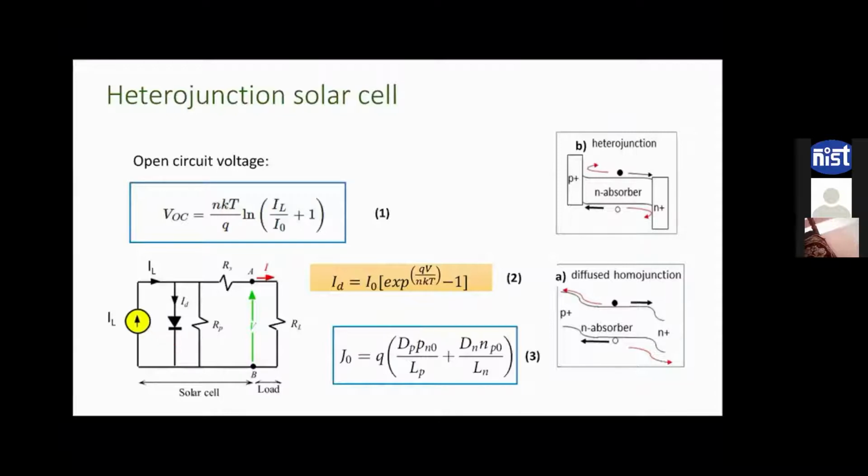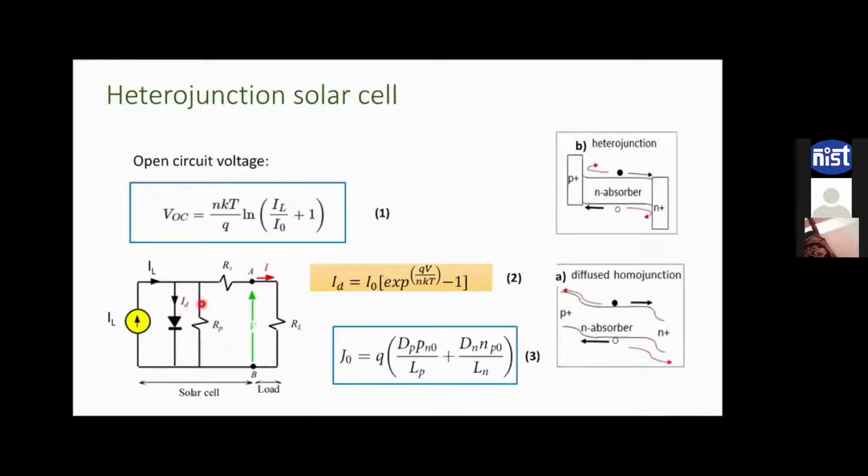Let us look at this equivalent circuit. This is the equivalent circuit of a solar cell. When light shines on the solar cell diode, IL shows you the light generated current. This is shunted by a diode, that is the solar cell diode. If you look closely, or you might know already, the output current of a solar cell that we get across the load actually flows in the opposite direction to the diode current. So what is this diode current?